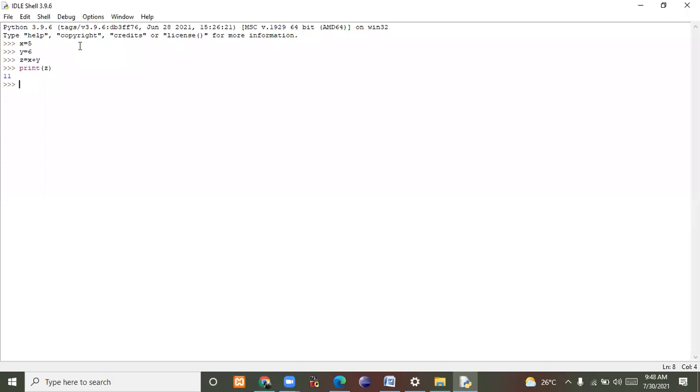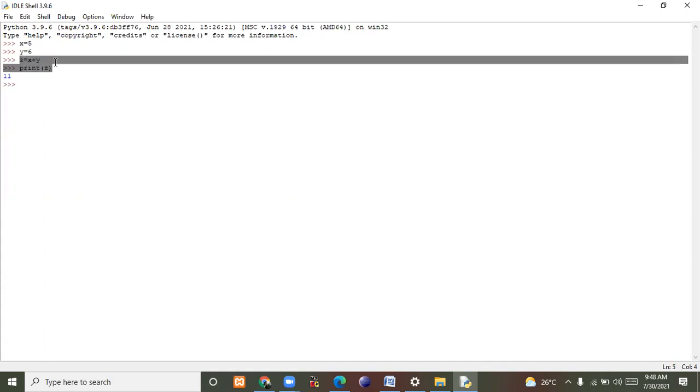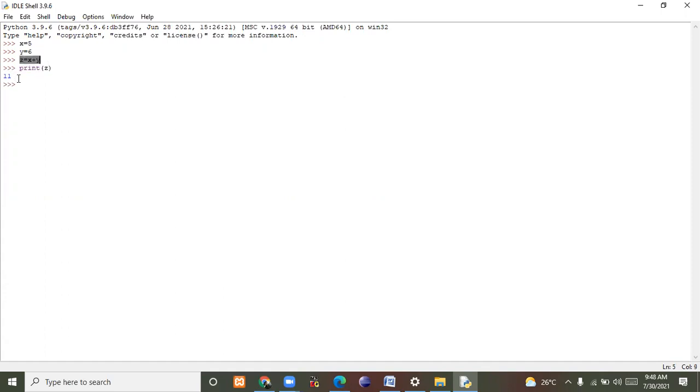11. So like this you have to write the code in the interpreter. What it indicates is that the interpreter executes every line, if it doesn't have any errors, and its value will be carried to the next lines. So you can use those values in the next lines. Here I used the above two lines. Print z, I got 11. So this is one way you can execute the code.